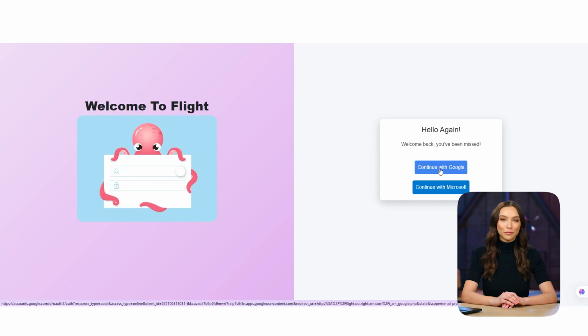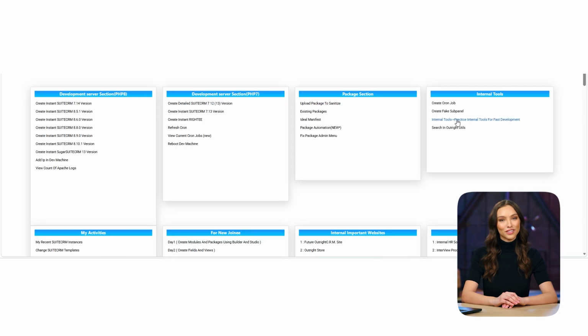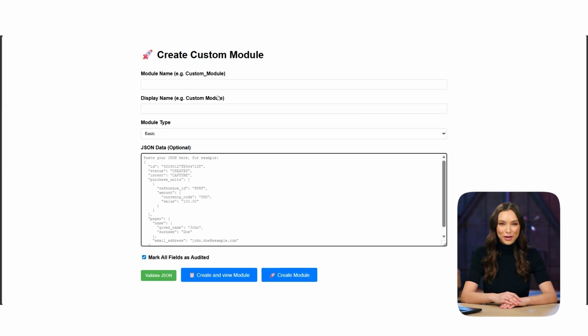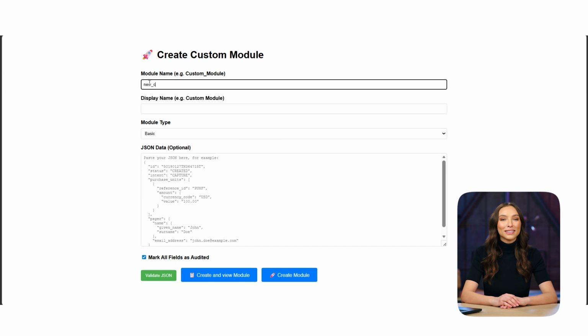flight.outrightcrm.com using any web browser and navigate to the Internal Tools section. Internal Tools: Practice Internal Tools for Fast Development. Create Custom Module section. On the page, enter the module name, and let's say new_custom. Enter display name, example